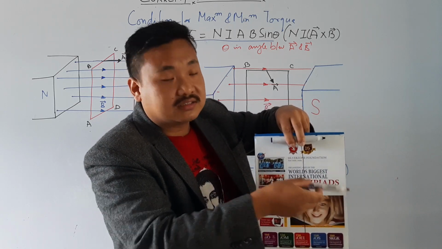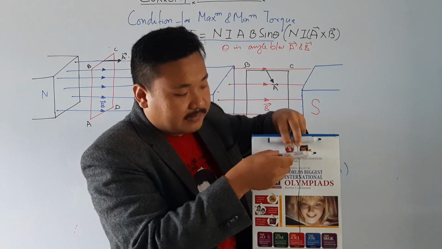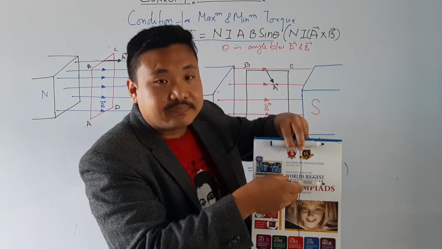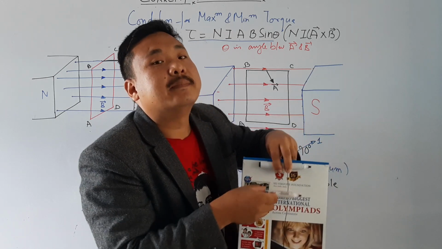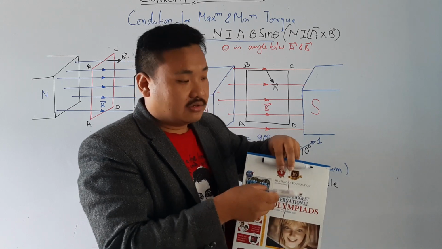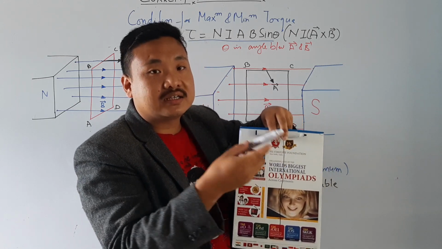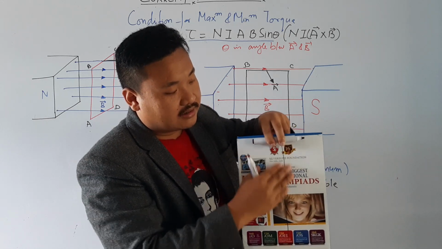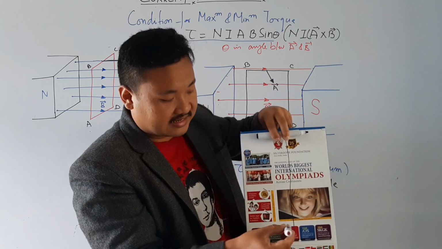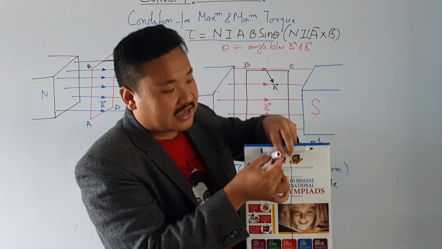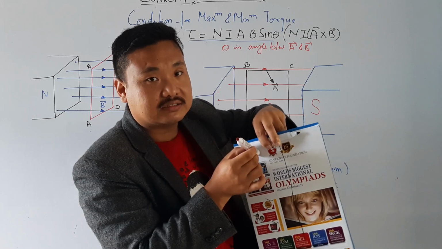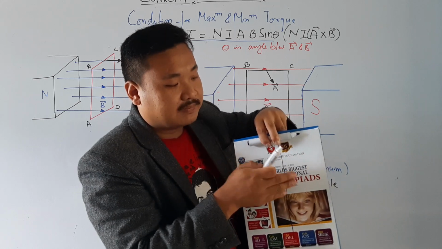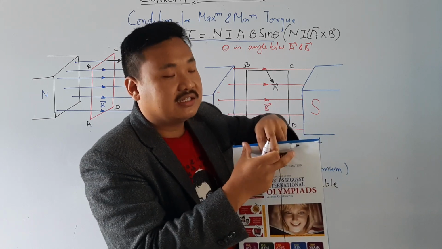Are they parallel? Yes. It means that when the plane of the rectangular coil is parallel with the magnetic field, then it will undergo a maximum torque. Why? Because when it is parallel, then the area vector is like this. So this magnetic field is parallel with this plane, and area vector is this, like this. So at this time the angle is 90 degree with area vector. Don't be confused. With area vector it is 90 degree, but with the plane it is parallel or it is 0 degree.